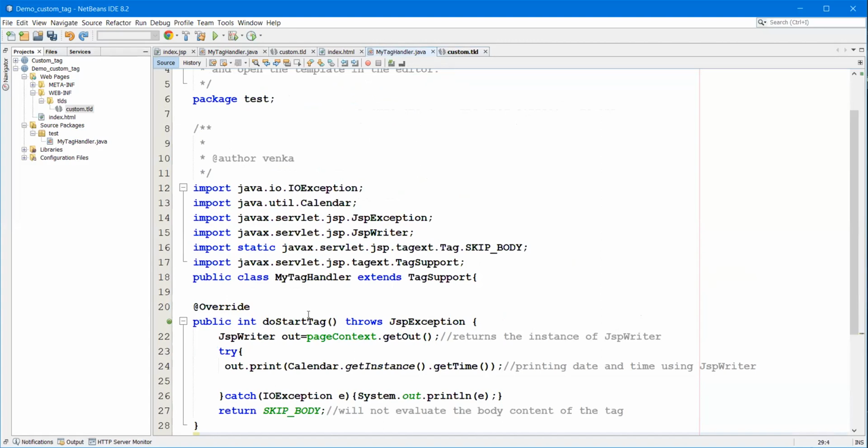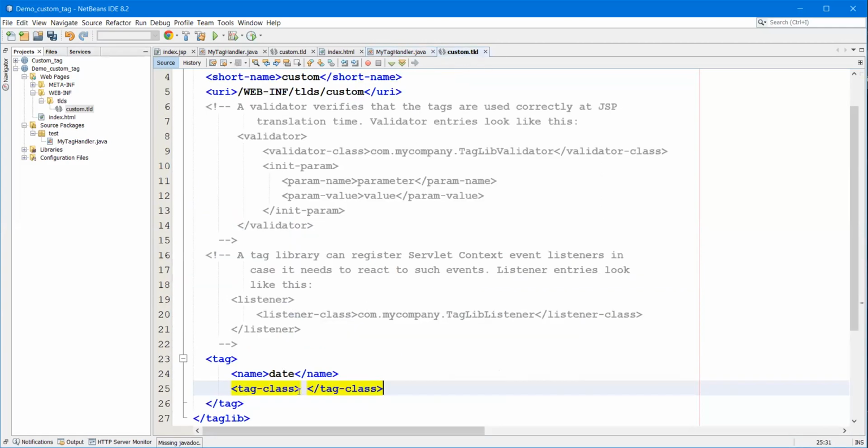What is the class name? The class name is MyHandler, so test.MyHandler. Here the class name is inserted with the test package, my tag handler. Okay, this is the tag class.